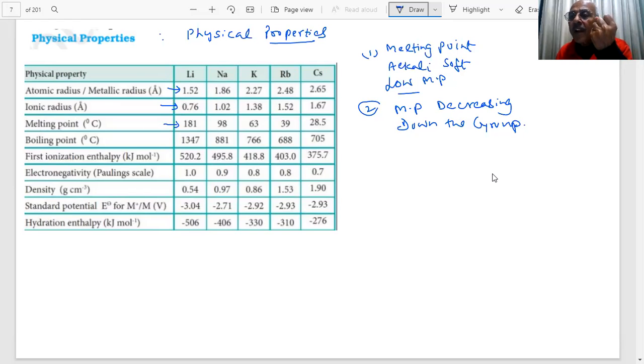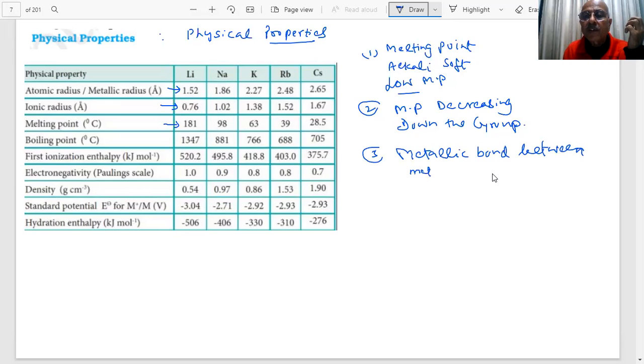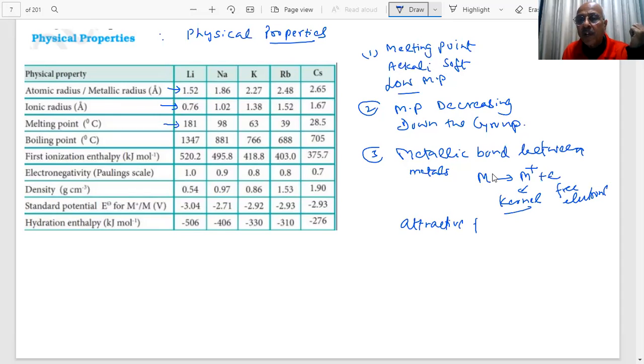Melting means there is some attractive force between the atoms. They are metals. There is a metallic bond between the atoms. For example, if M is a metal, it has one loose electron. It exists in this form, the kernel, and these are the free electrons. The attractive force, or the metallic bond,